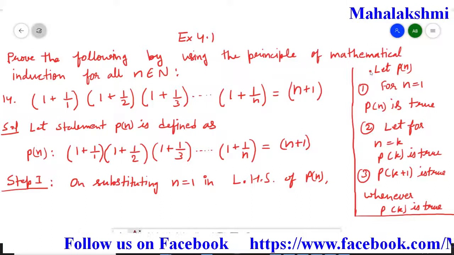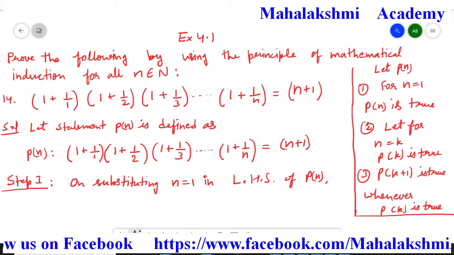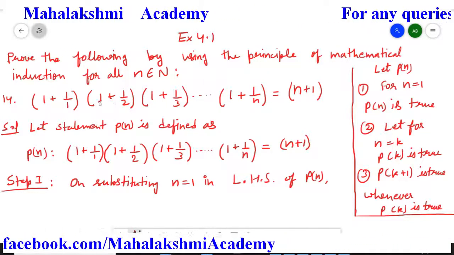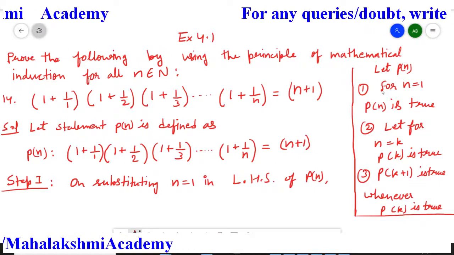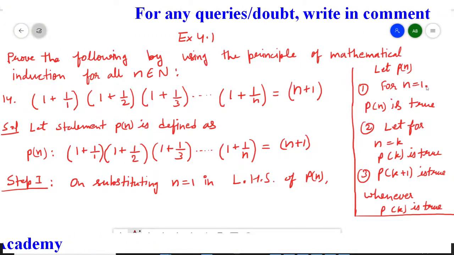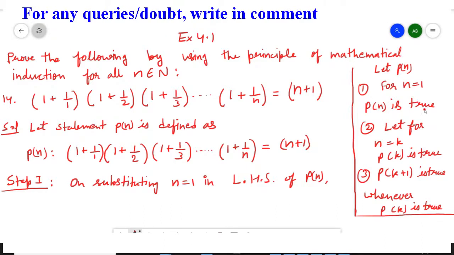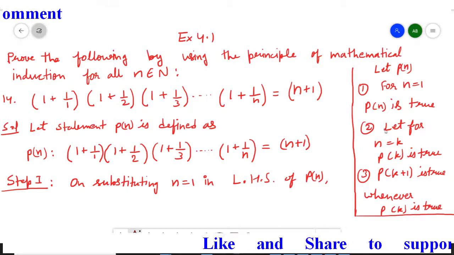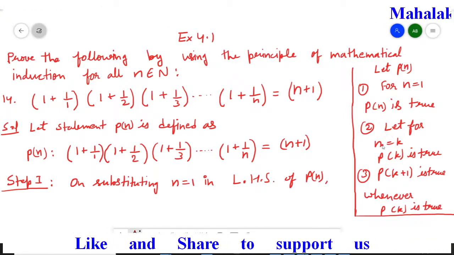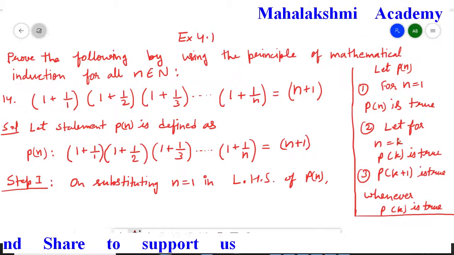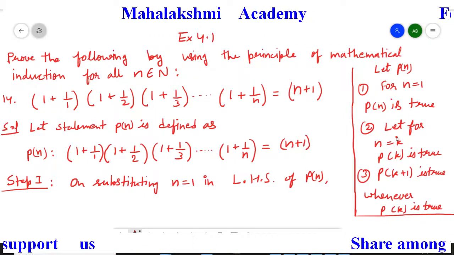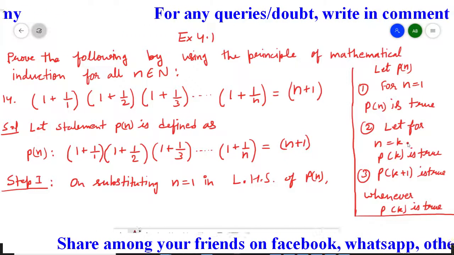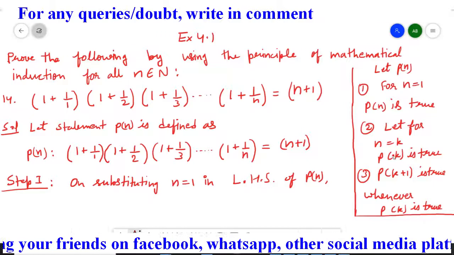Mainly the principle of mathematical induction is carried out in these three steps which I wrote here. Firstly, we are going to assume this mathematical statement as Pn. Then in step 1, for n equal to 1, we have to show that Pn is true. Then in the second step, for n equal to k, we have to assume that Pk is true. So this is our assumption that Pk is true for n equal to k, where k is any positive number. Randomly we took any variable.